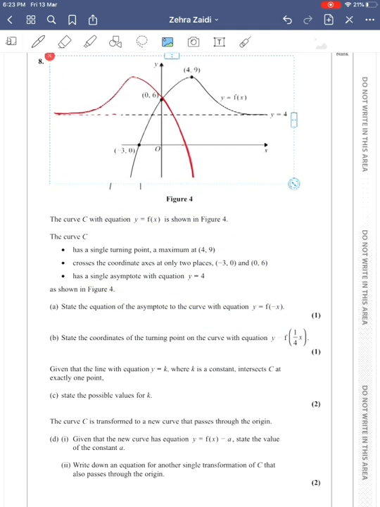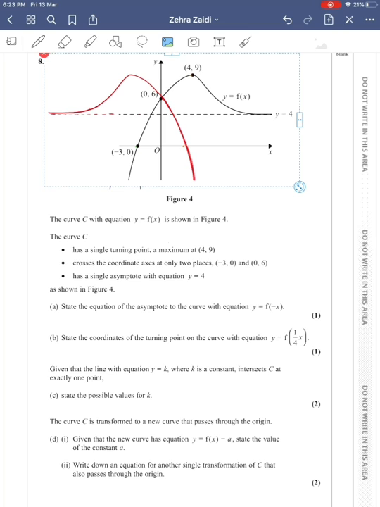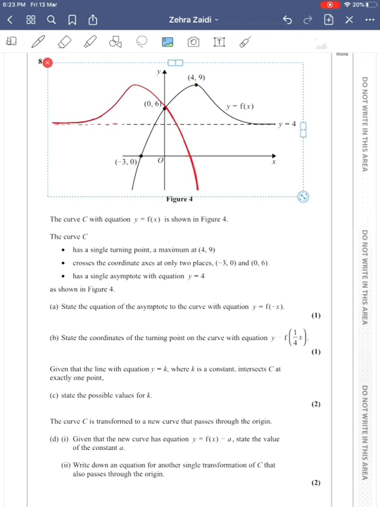Now if we see here, we have the graph of f of minus x and the asymptote remains unchanged. So the red curve that you can see is the graph of f of minus x, and we see that the asymptote remains unchanged. So the answer to part A will be y is equal to 4, because the equation of the asymptote remains unchanged. As we can see, it's the same line that extends through. Alright, moving on